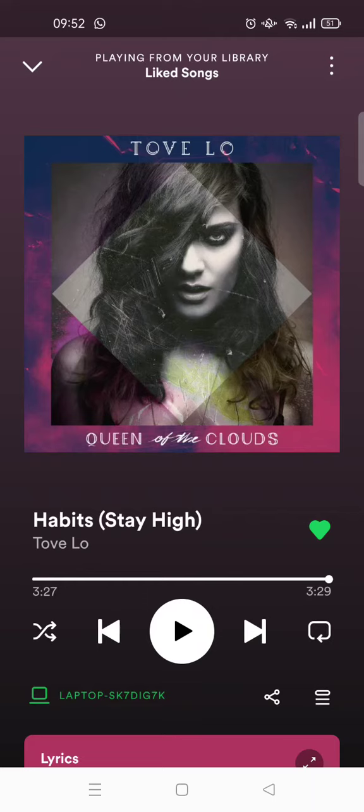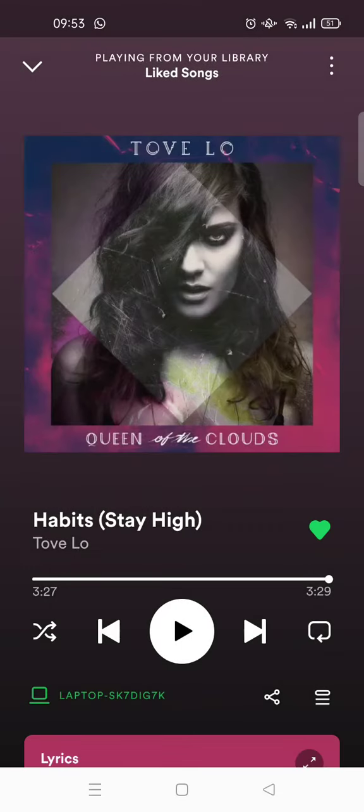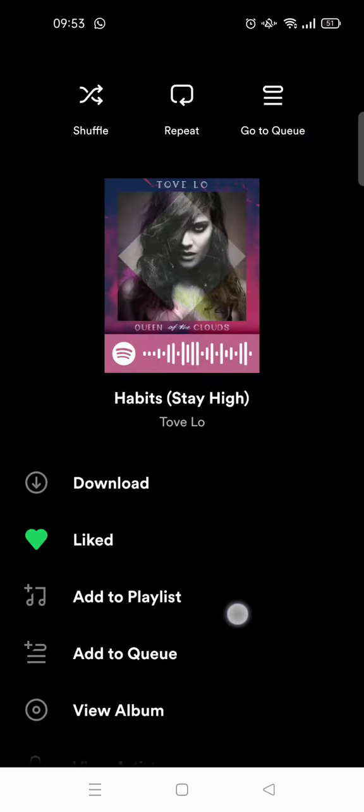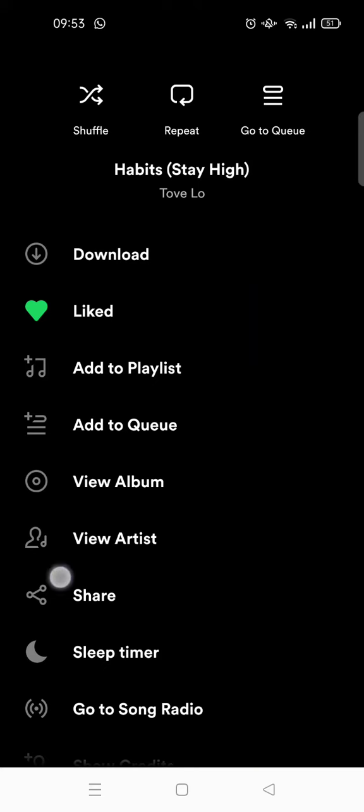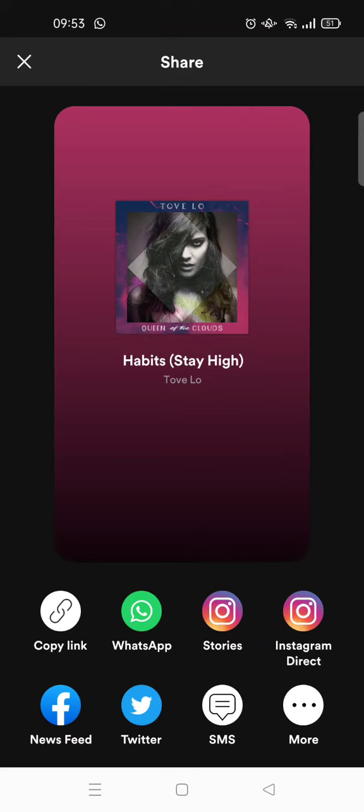So what you need to do is just open the song that you're currently playing, for example this one, and then click on the three dots icon and then scroll down until you find the share option right here, and then the list of the apps that you can share it to will appear like this. And if you want to share it to Twitter, just click on Twitter,